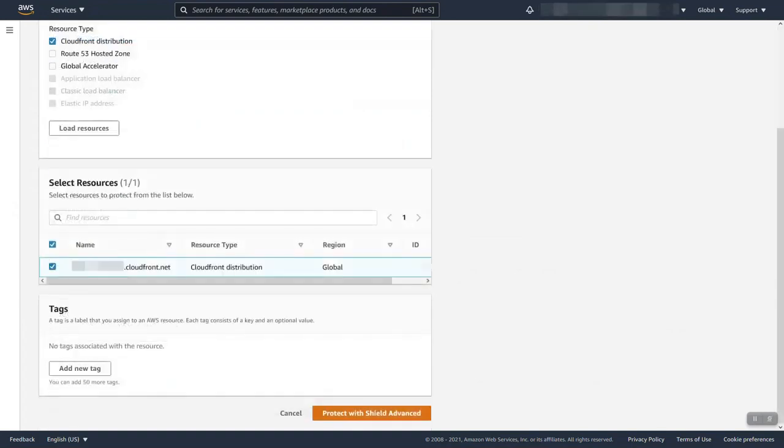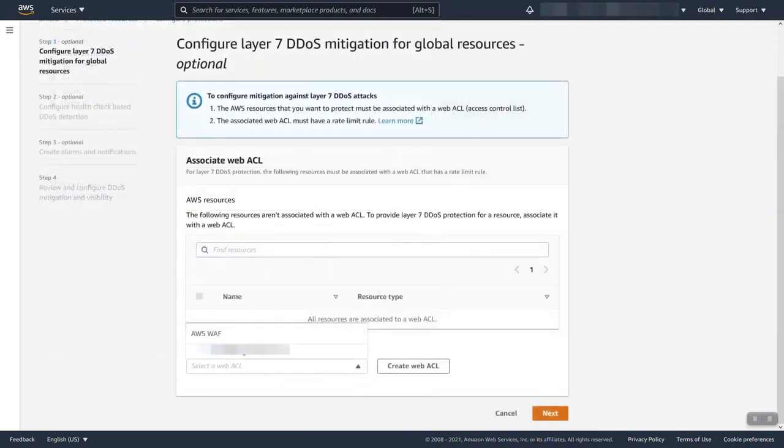I'm selecting only one CloudFront since I only have one. However, if you have multiple resources of the same type, you can select multiple and bulk configure them in a single step. The first thing you'll be prompted to do through the console is to configure or associate an existing WAF WebACL to your resource. While I already have one, we're going to create one through the console just to walk through